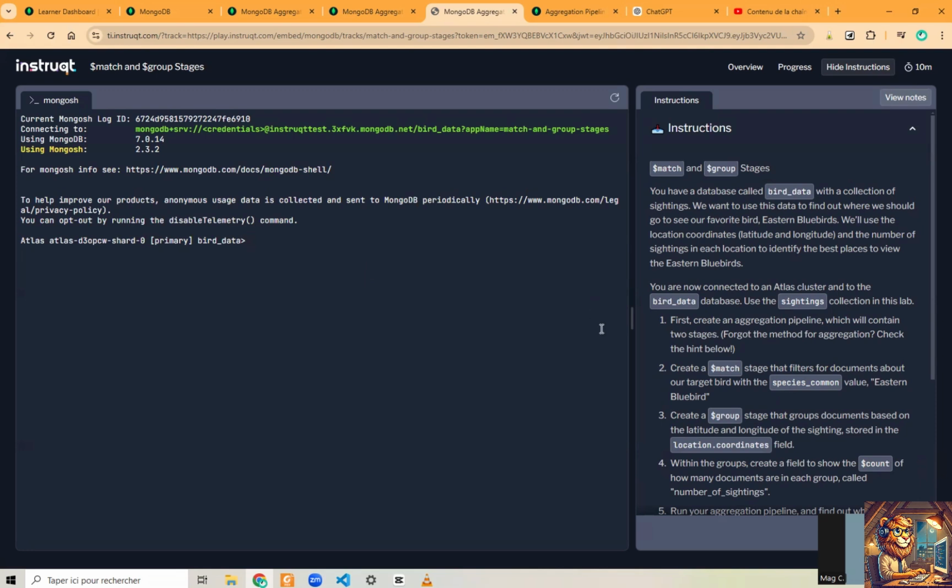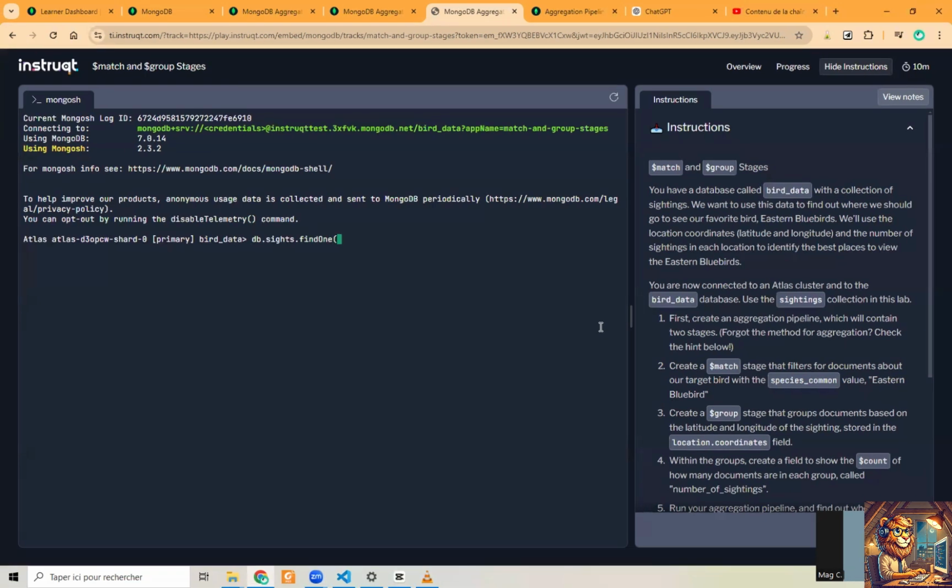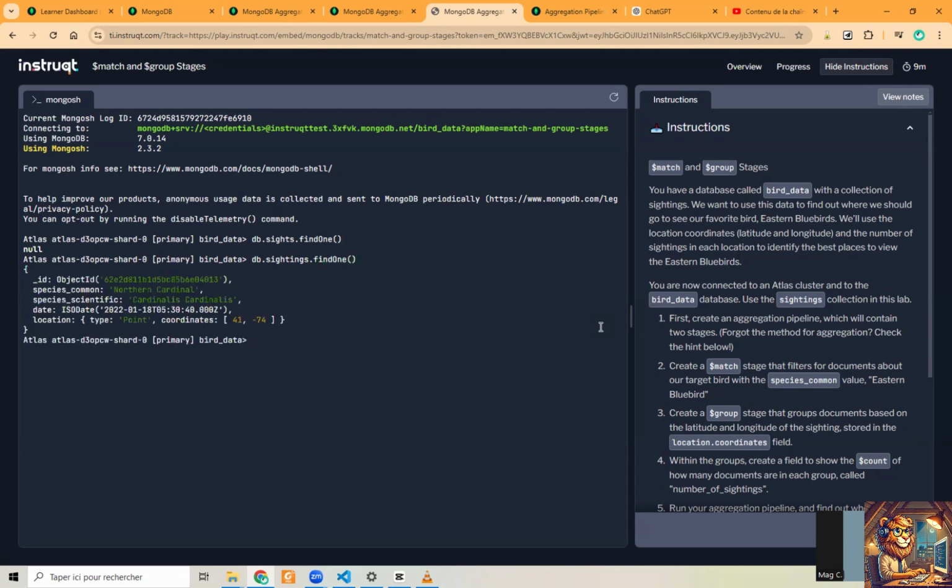Let's launch our lab. So we're looking at bird data today with a collection of sightings. Let's have a look at what this thing looks like. So let's go to db.sites.findOne just to have a look. Oh, sightings, sorry. Okay. All right, so